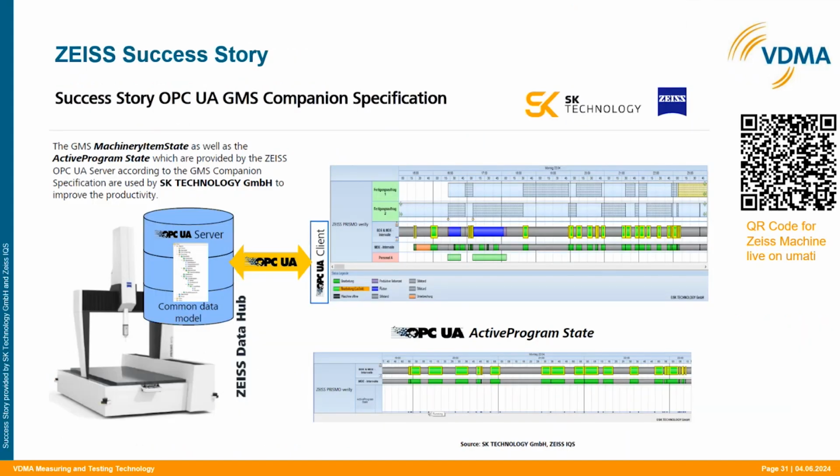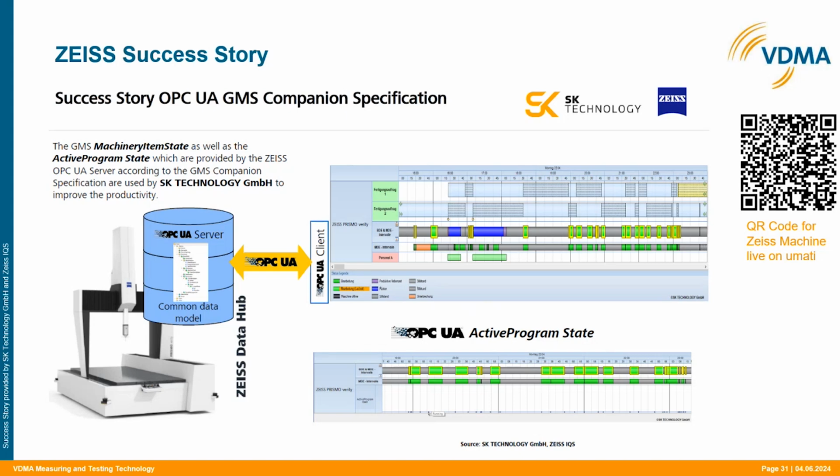But not only that, I have another example, this time from SAIS, where they provided an OPC UA server, and this OPC UA server, which is located on the machine, actually contributes to a higher level system. So this is a real use case for a real implementation, a real success story. And if you're more interested in these machines on the UMATI dashboard, I also provide you the QR code.